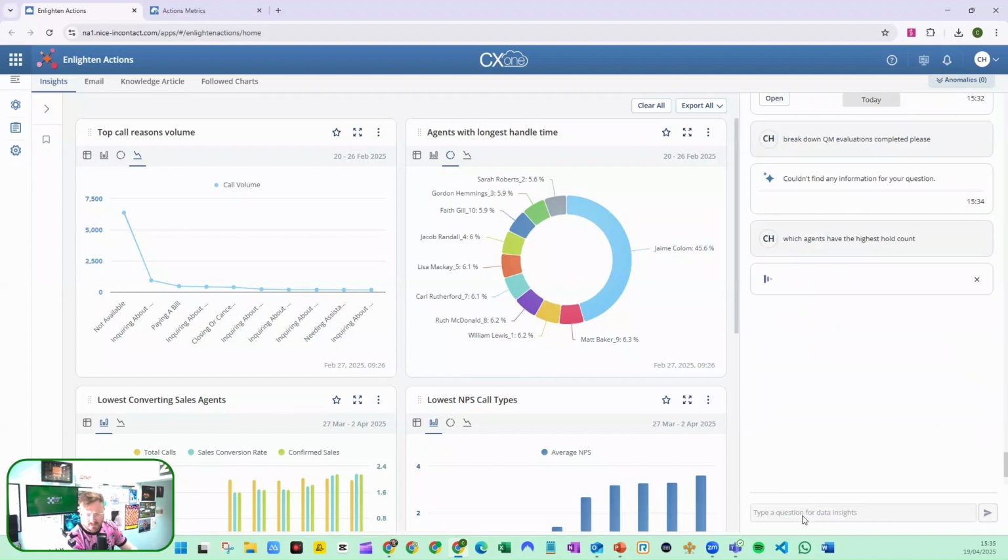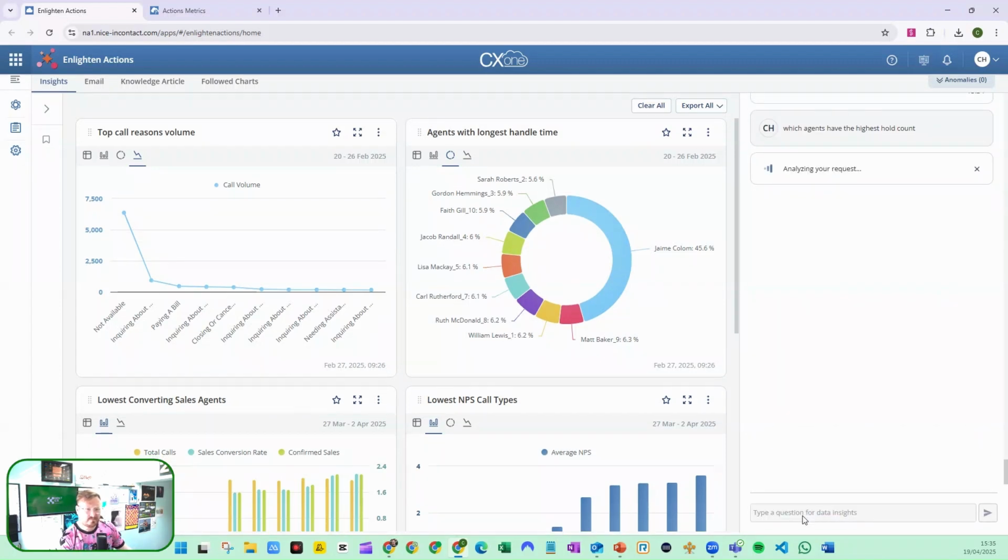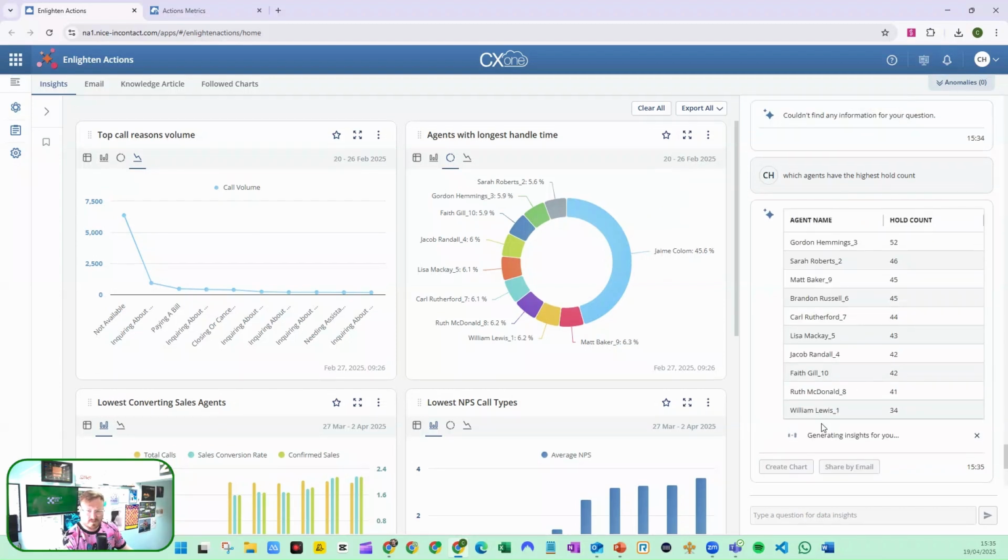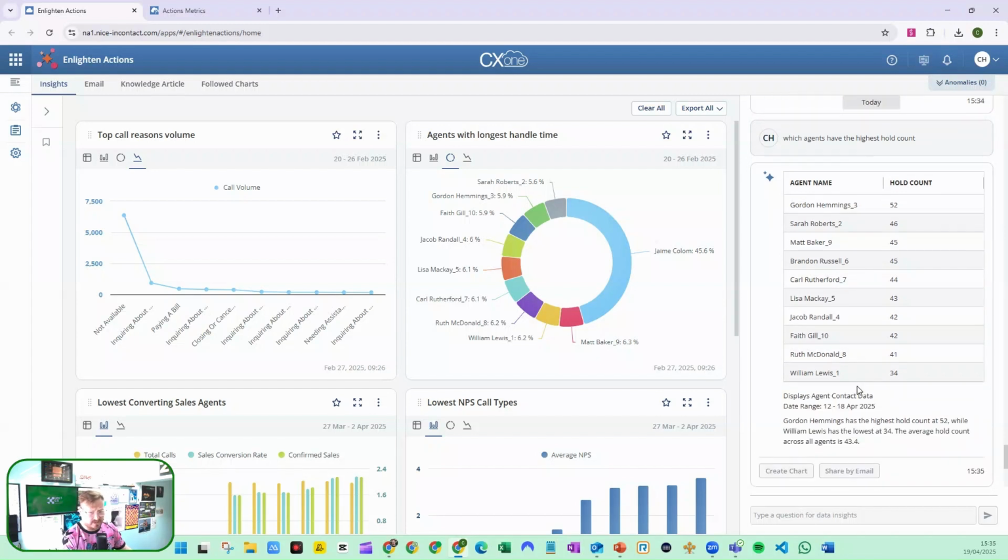Hold count, there we go. And that is pretty much spot on with exactly what we saw in the CXone